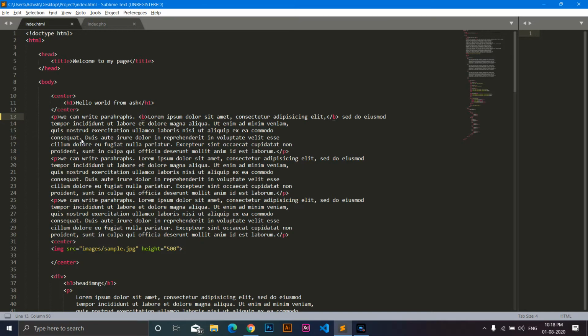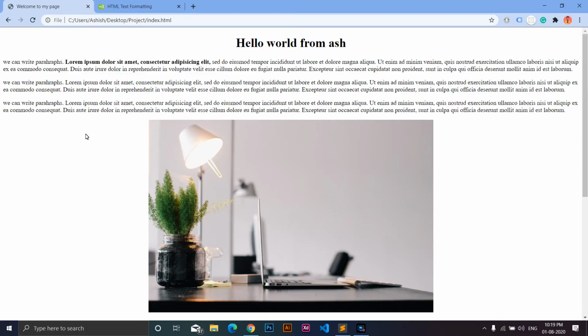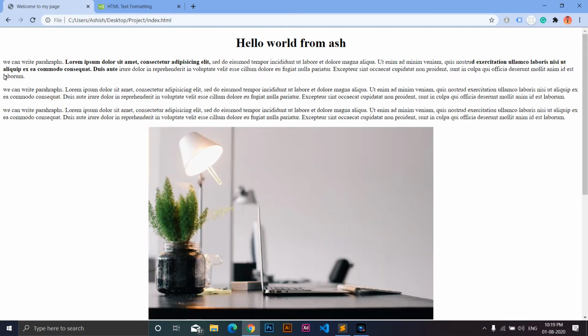If you use the strong tag, it will do the same job. Here it is. It is also making our text bold.